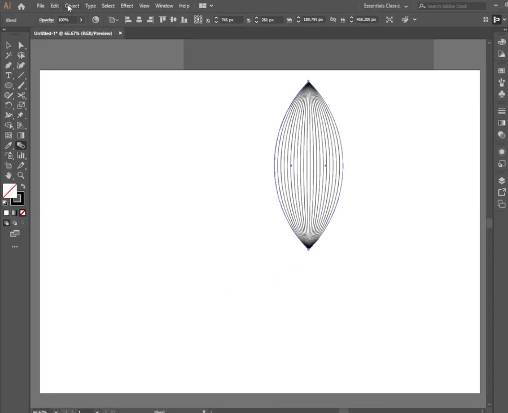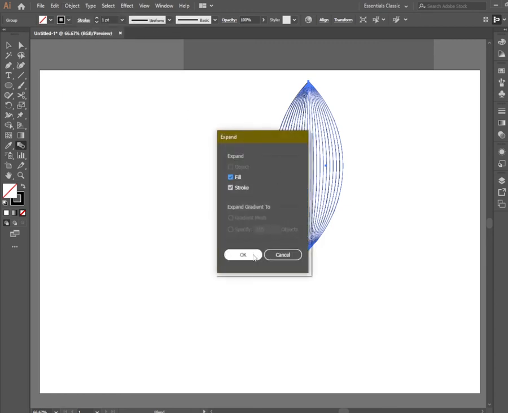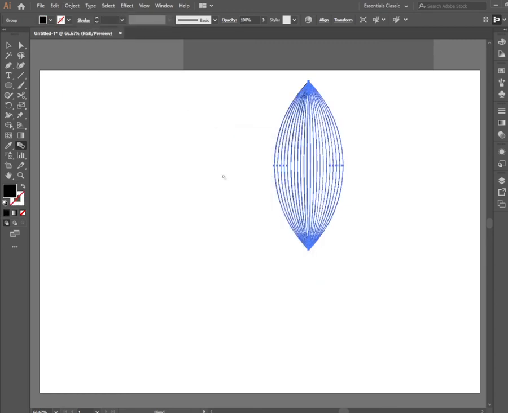I will go to Object and Expand. As I have expanded, you can see our blended paths have come to stroke. Now go to Object and Expand again and hit OK. Okay, now you can see our paths have come to fill from strokes. Okay, take the selection tool